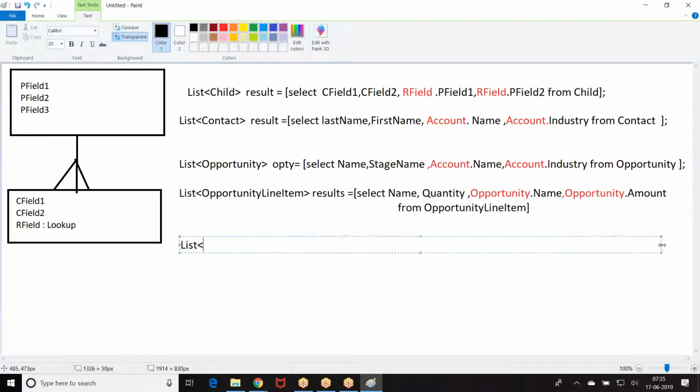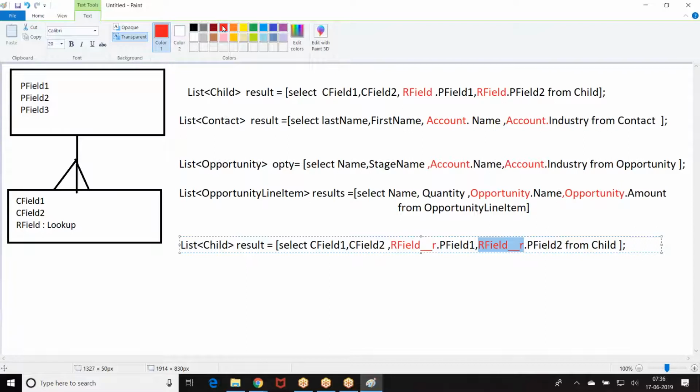List of child result equals select, then the relationship field underscore underscore r dot parent field 1, relationship field underscore underscore r dot parent field 2.